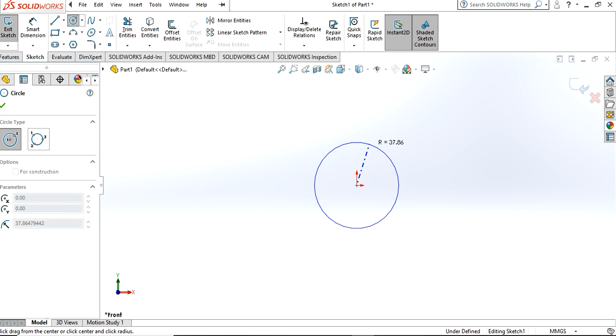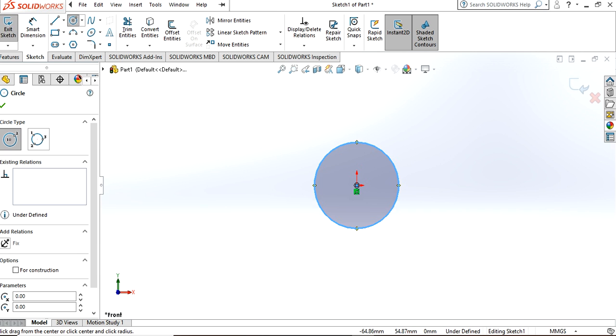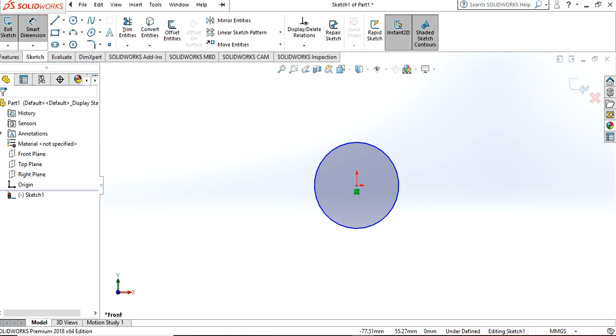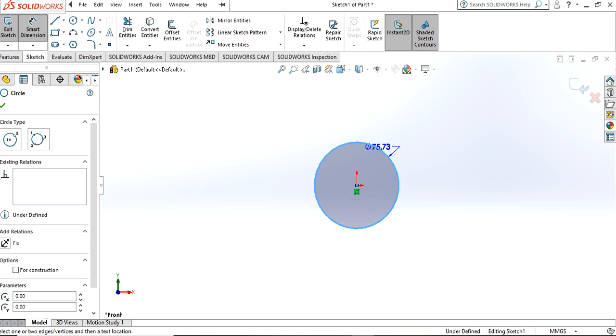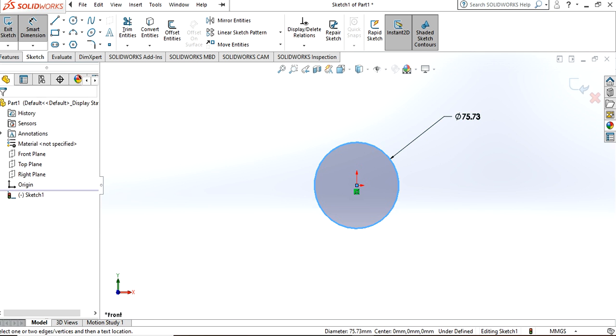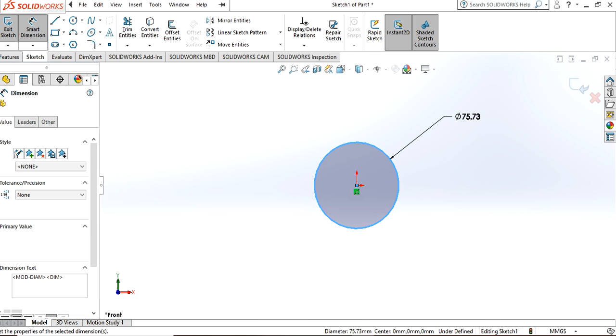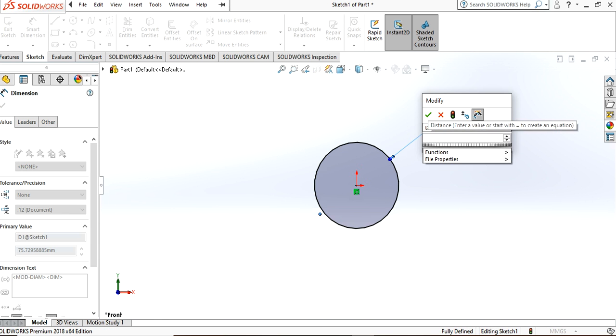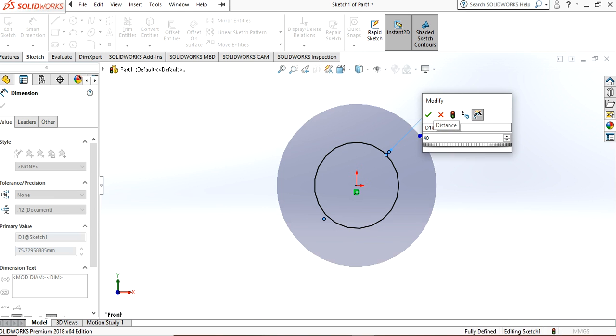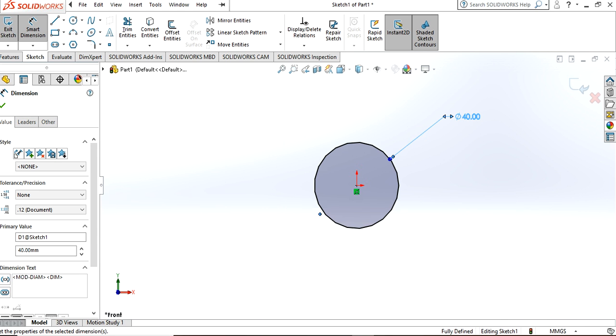I have drawn a circle. This circle is of random dimension. To give it a defined dimension, you select the smart dimension, select the circumference of the circle, click anywhere and set its diameter. I want its diameter to be 40, so I keep it as 40.